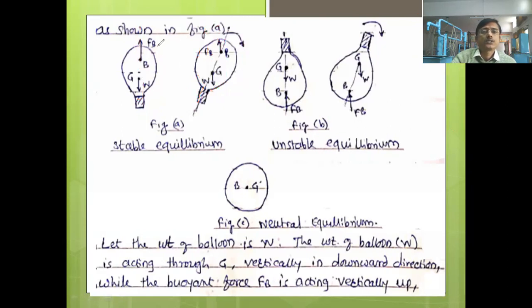ओके, this balloon was trying to move in this clockwise direction. या डायरेक्शन मध्ये तो त्या ठिकाणी अबाउट टू टर्न हा मूव होणार होता. But this movement of the balloon has been balanced. ओके, त्यांनी काय केलं, हा जो कपल आहे, this couple which is acting in opposite direction, यांनी काय केलं, याची मुवमेंट या ठिकाणी बॅलन्स केली आणि ह्या बलूनला परत काय केलं, या ठिकाणी ओरिजिनल पोझिशनला परत पाठवलं. ओके, so this brings the balloon to its original position, and due to this we call this condition a stable equilibrium.